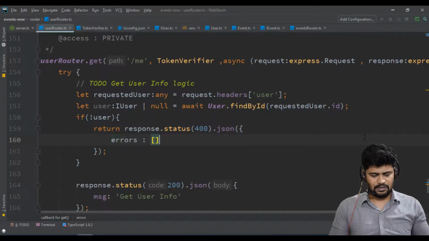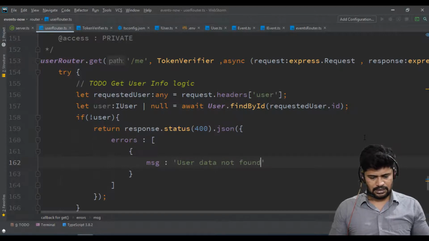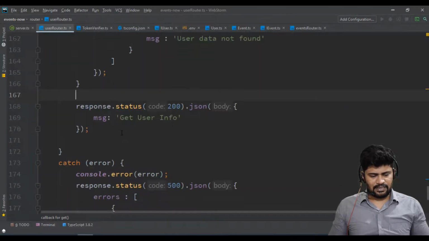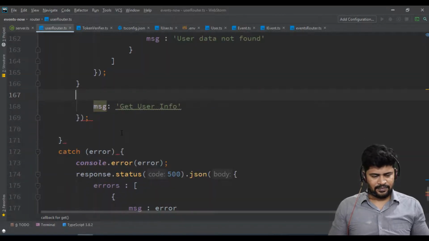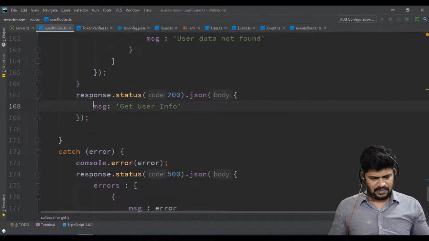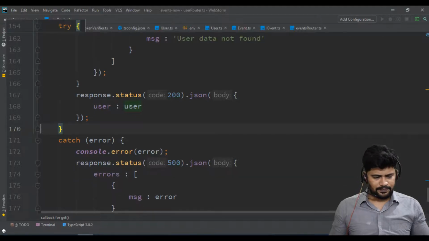Errors will be an array in that object, message: user data not found. Other than that, if user data is found, you can send a response back. How you send a response back if the user is found is I just specify the user as user. That's all. Super fine.